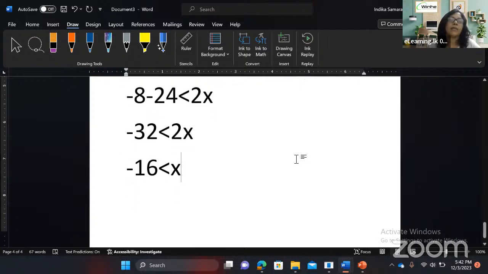Then what will happen? x is between minus 16 and